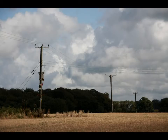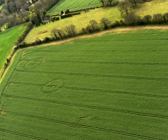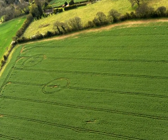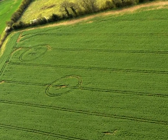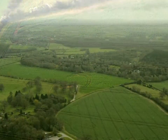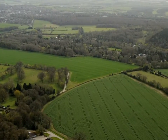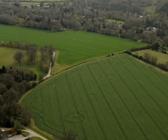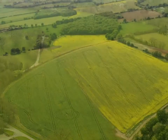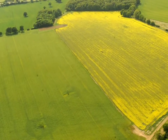They can be tricky to see from the air, and many times it's not the poles that are the first thing that you spot. The farmer can't always get in close to the poles with spraying or sowing machinery, and quite often there is a bare patch around the base or a circular pattern around the poles. Of course, knowing where the wires are in a crop field, if we are not going to land in it, is of little use unless, if we can pick out the lines of the poles, we can sometimes work out